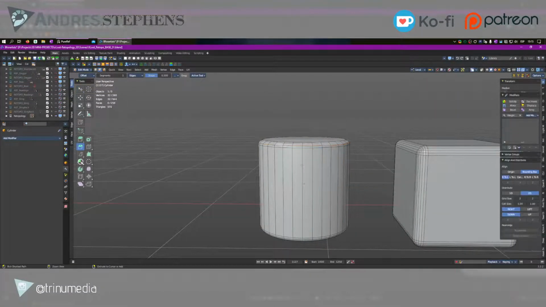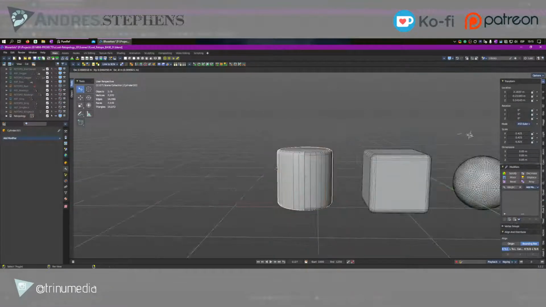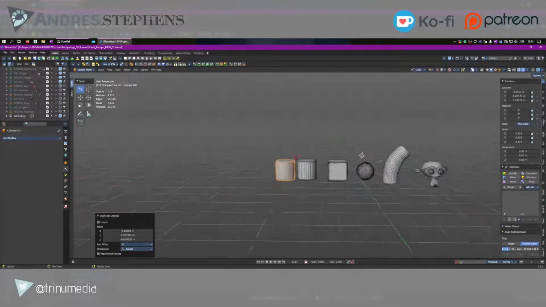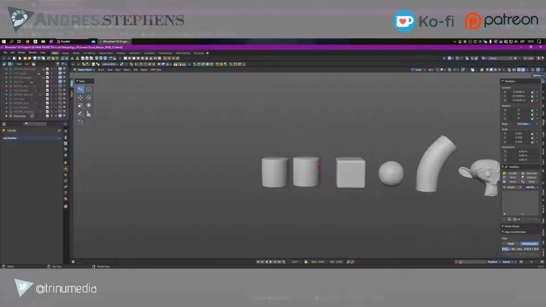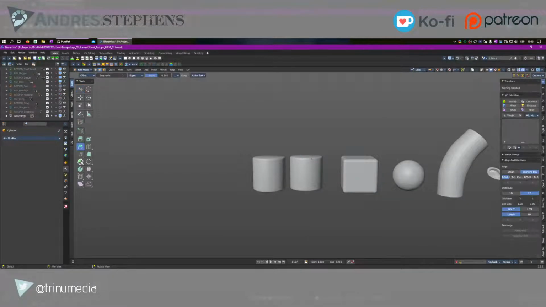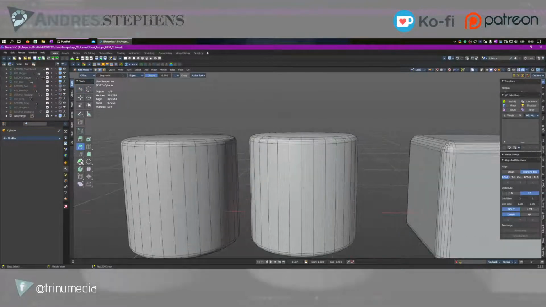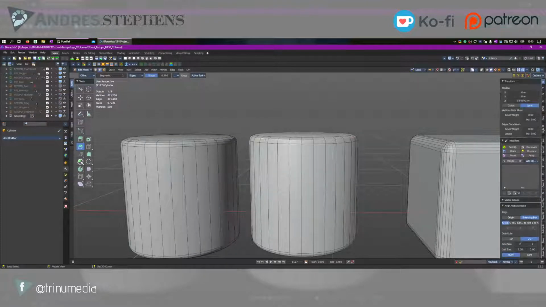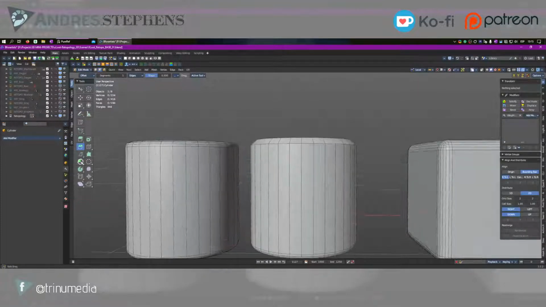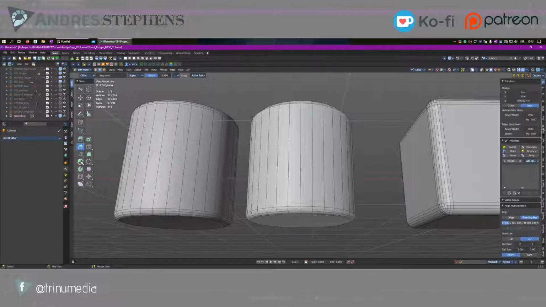I'm going to make a copy so we can have a reference. If I zoom out, I can see there are some loops that I don't need because there's just not enough pixels on the screen from that shape. So I'm going to remove these loops